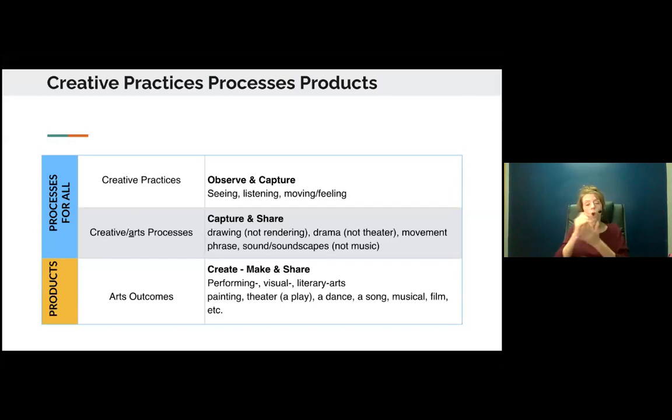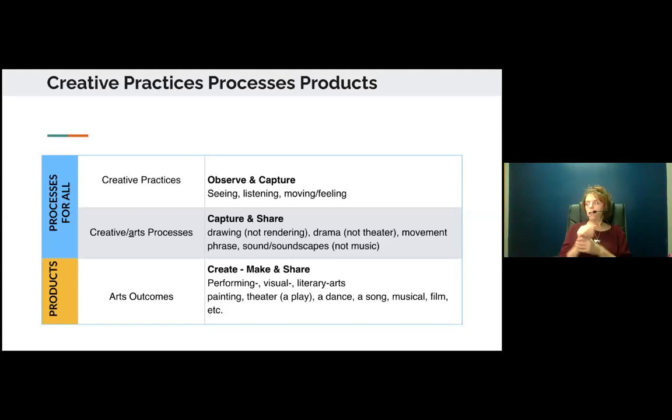And I've got those laid out in the slide under processes for all. So these are the small a arts pieces that we're born with, and as a species we're designed to see and to make marks and communicate visually. We have that perfect metronome. We all have a heartbeat, so we've got that basis of music and that drum beat always going. We can make sounds with our voice. We can communicate with our hands and our bodies. So all those things we do naturally,